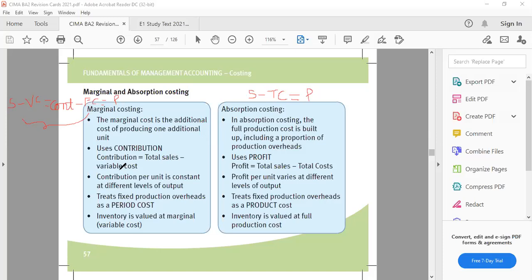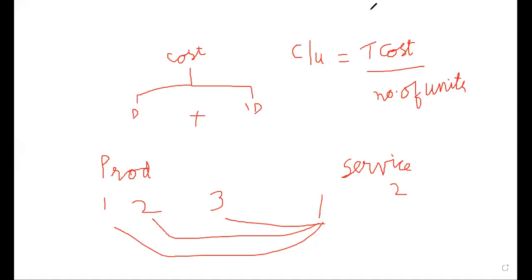So now, how do we differentiate between marginal costing and variable costing, and what is that point of difference? That is what has to be looked into. I'll just put you to the whiteboard. I am erasing this particular screen. Now, let's see,